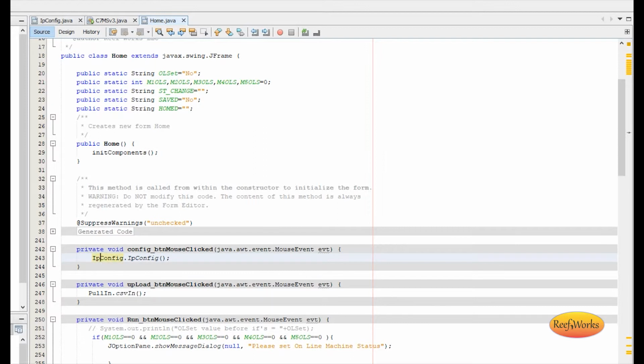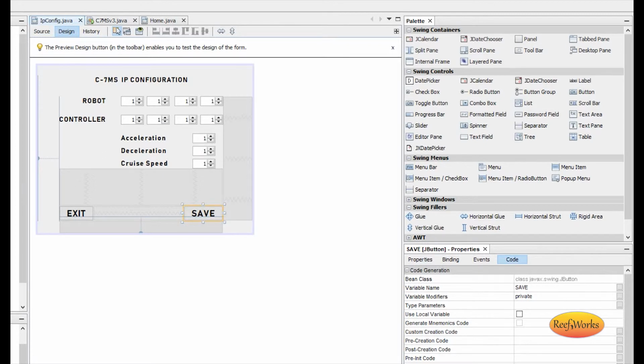Now we're going to call the ipconfig class and the ipconfig method. So let's go over to ipconfig, and again you will see that this is a GUI. Now this GUI is a little bit different. It has 2 buttons, exit and save, and then it has 8 spinner boxes for the IP addresses and 3 spinner boxes for the